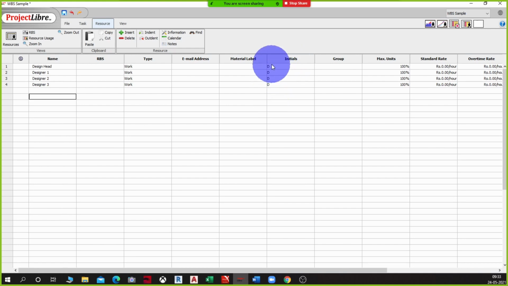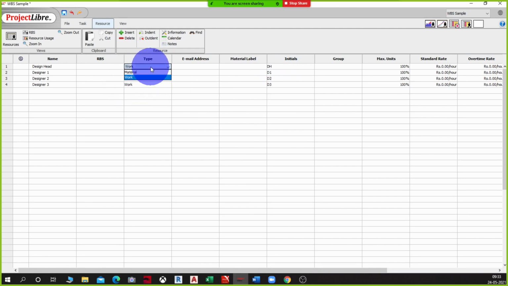You can change their initials here. This is system driven, so it is taking the first alphabet by default. You can change this to whatever names you have. So I can say this D2, D3, and this person is design head. So this is basically identifying people by initials. Why we need this? When you get down to your Gantt chart, the resources allocated show up there, right? And if you have too many people to look at with long form names, it becomes difficult and cluttered. So this is available for that purpose.